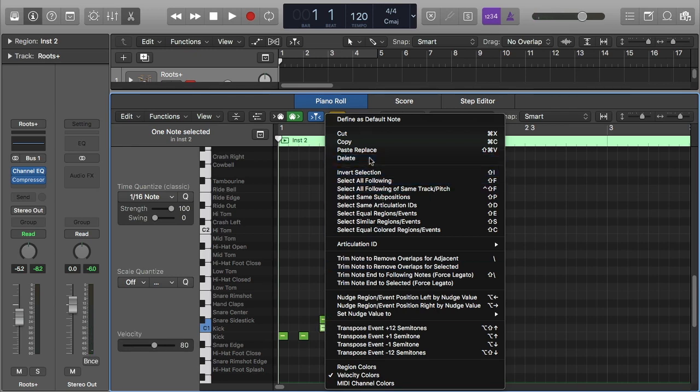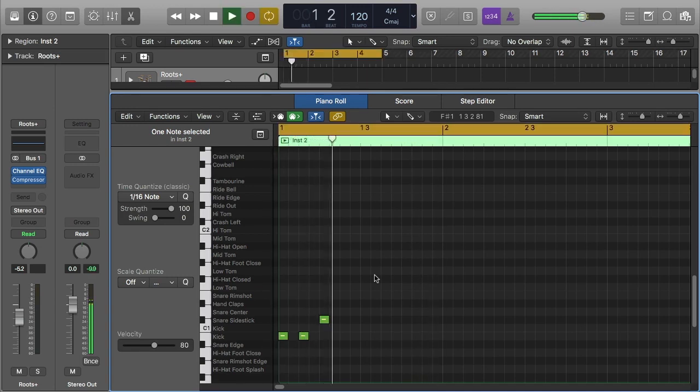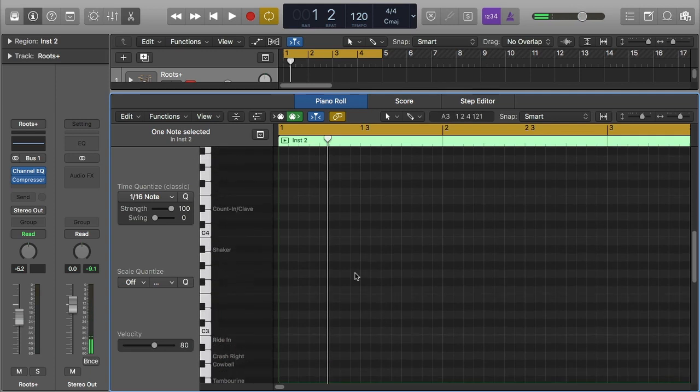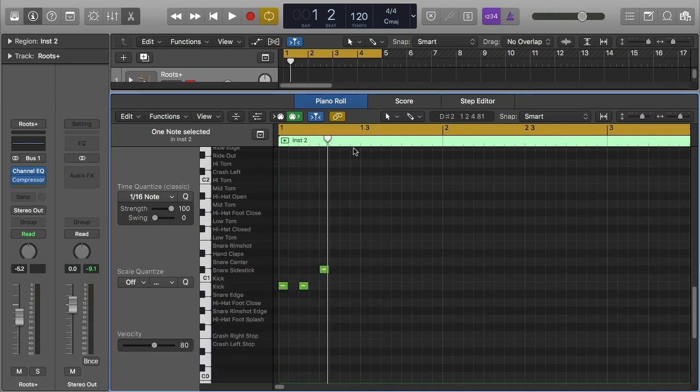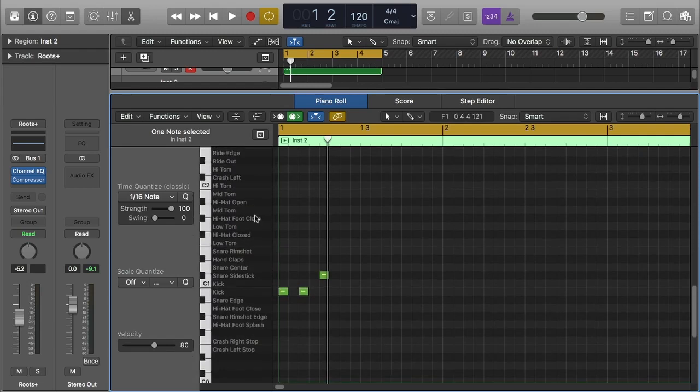Actually, I want to delete that. And that's all you do. You can draw in there or just play in real time and do whatever you want. And if you want to do the same thing for the producer kit, you can go in there and